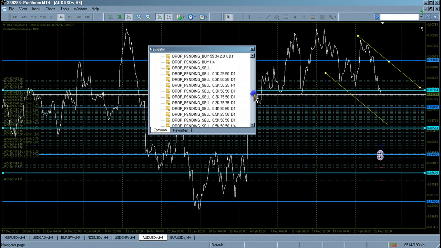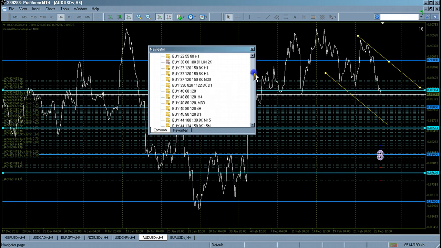This is pretty much set it and forget it trading. So let's look for, I'm looking for, these are pretty much grid. Here's my favorite one, 37 to 120 pips in 4 hours with a 30 pip stop,